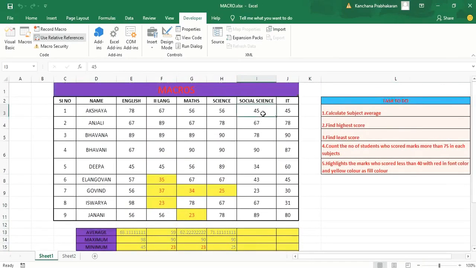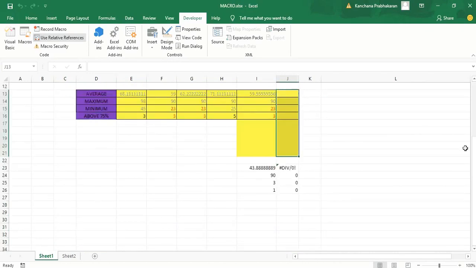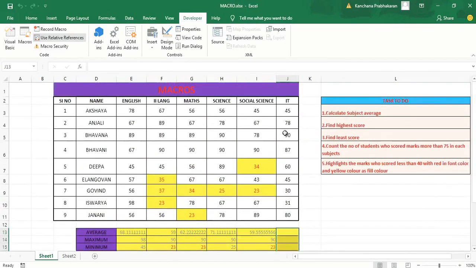So click on the first cell, then press Ctrl plus Q. The same formula will be applied to the remaining cells. Again press Ctrl Q. Keep your cursor first, then press Ctrl Q. This is how to create and record macros in your MS Excel. What is a macro? It contains your set of actions to be recorded in your macro, okay, that can be used again in your Excel sheet.